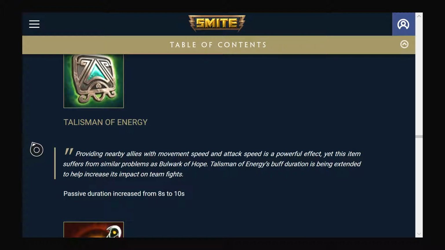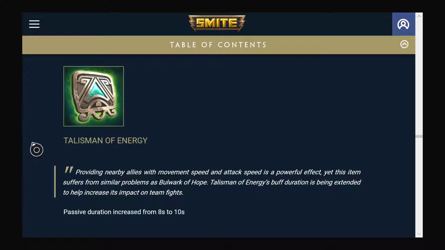Talisman of Energy, passive duration increase from 8 seconds to 10 seconds. This is more of a buff, as I jokingly put it, to allow you to remember this item exists. This item's actually decent. It's on the bottom end of decent to like kind of okay. But this item is not to be slept on. Let's go in Joust terms, because this is a little harder to push in Conquest just because other items go overtop of it unless you're going for...